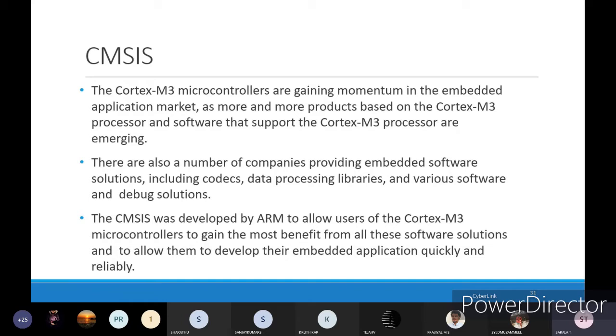The Cortex M3 microcontrollers are gaining momentum in the embedded application market as more and more products based on the Cortex M3 processor and software that support the Cortex M3 processor are emerging. As and when the Cortex M3 processors are becoming more prevalent and the industry is accepting these microcontrollers, different types of software should be supported, because it should be implemented in different types of industrial applications. For that reason, software is also being developed with respect to the